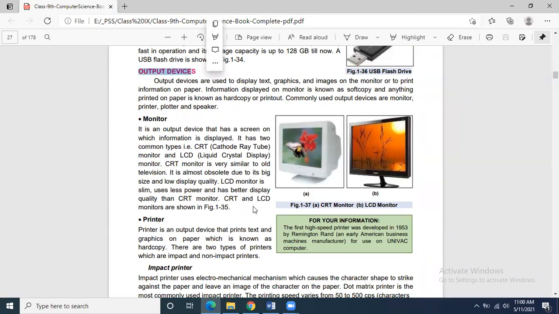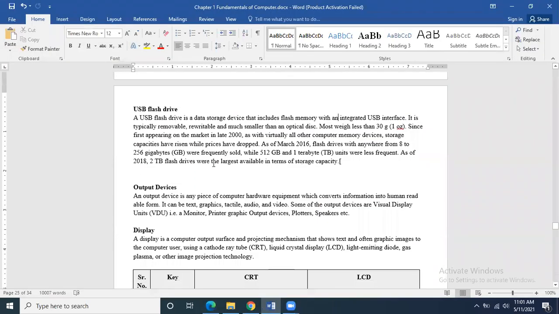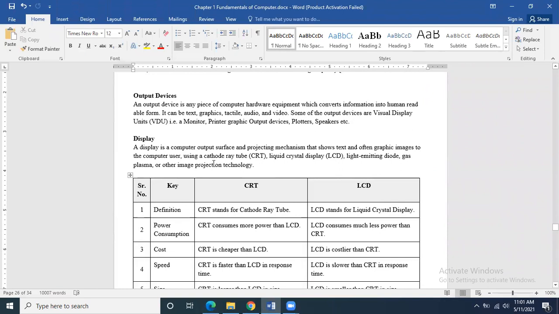Come towards the output devices. What are the different output devices available today that we use? What is meant by output? First we need to understand what is actually meant by the output. Output means when the data is coming from the computer system to the user. Output is basically when you are getting information from the computer system. You are entering data, the computer is processing it and giving you the output. So when the output comes, how will it come to you? Of course, you need to have some device for it.